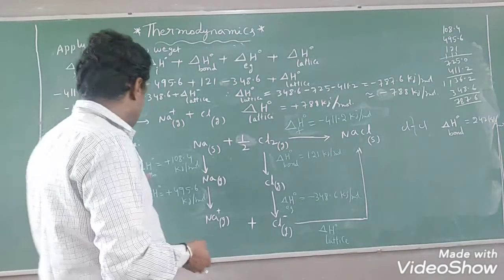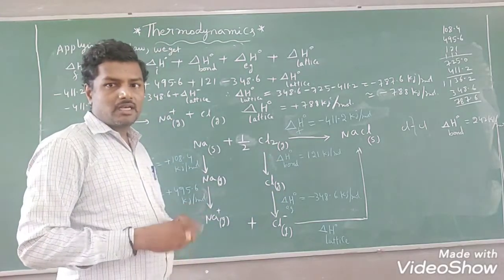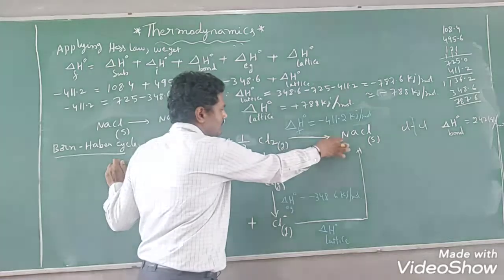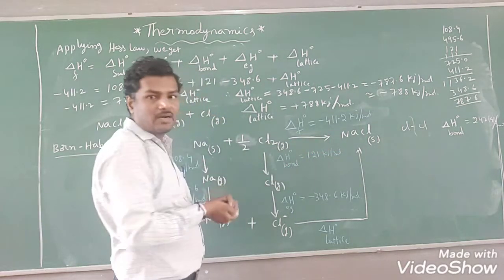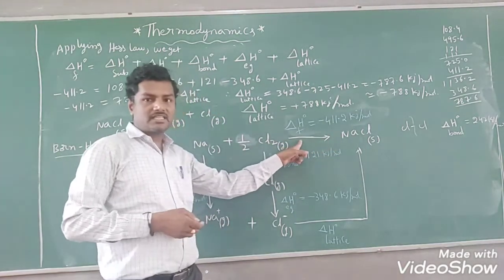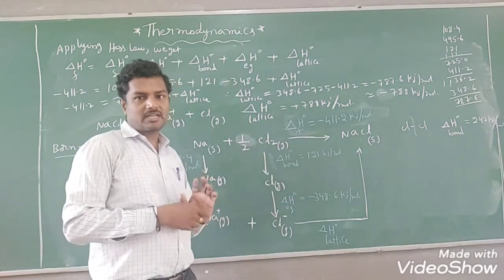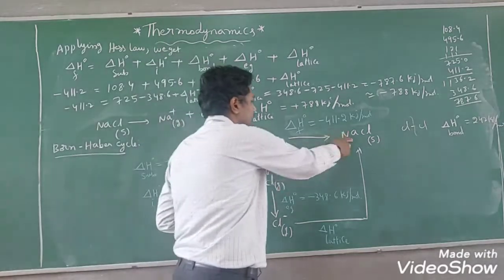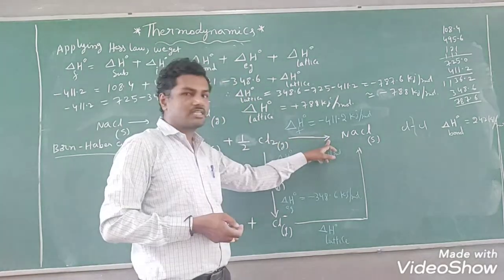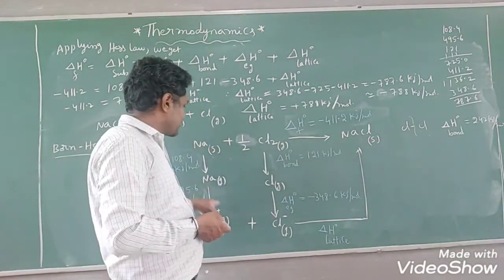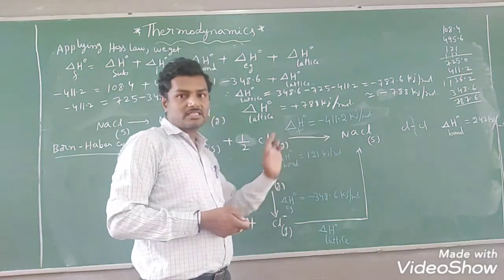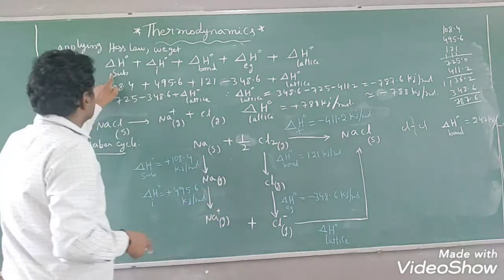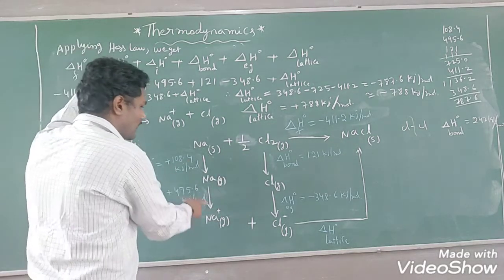Let us see, students, after completion of the Born-Haber cycle, you can apply Hess law. Hess law means the enthalpy of formation of any compound may take place in a single step or in multiple steps. Now we will see that. For example, enthalpy of formation of NaCl in a single step; this is the single step. It may also take place in another manner via different steps. This enthalpy of formation is also equal to the sum of all these steps, right?